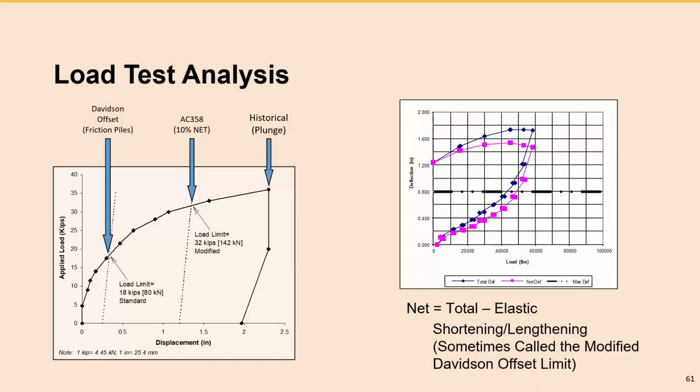Most of them, sometimes they use a different method, like the Davisson offset method. Sometimes they don't even go all the way. They don't know what 10% of the average helix diameter means. Okay, somebody, for instance, has a single 12. He stopped the test when total deflection is equal to 0.7. But you have a 12-inch